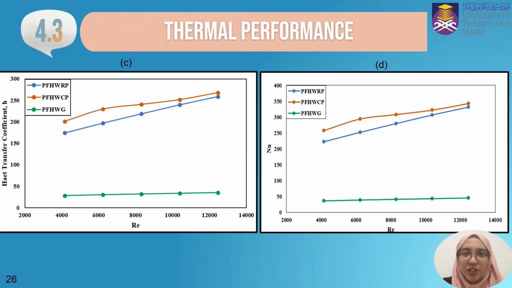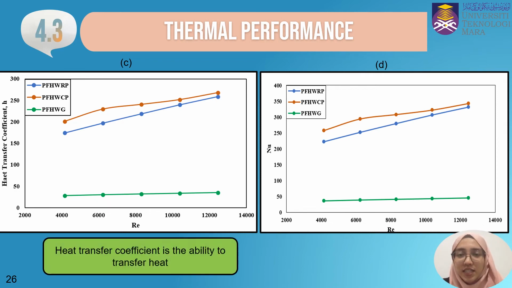Next, graph C shows the comparison of heat transfer coefficient of the 3 designs. From the graph, it shows that when the Reynolds number increases, the value of heat transfer coefficient will increase. Then, the pin-fin heatsink with circular perforation has the highest heat transfer coefficient. This shows that this design tends to transfer heat faster compared to the pin-fin heatsink with rectangular perforation and pin-fin